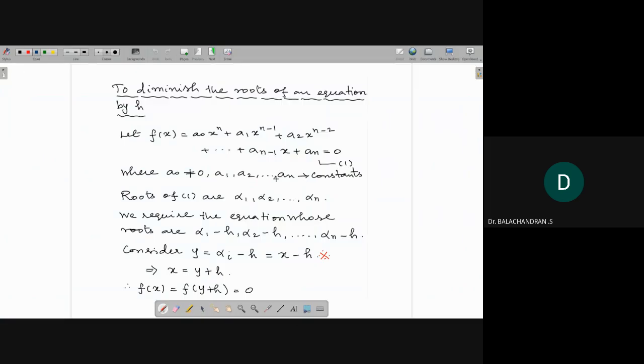Okay, I will repeat again. To diminish the roots of an equation by h, this is the original equation we have. A polynomial of degree n, f of x is equal to a naught x power n plus a1 x power n minus 1 and so on plus an equal to 0. This is equation 1, whose roots are alpha 1, alpha 2, alpha n. From this, we need an equation whose roots are alpha 1 minus h,